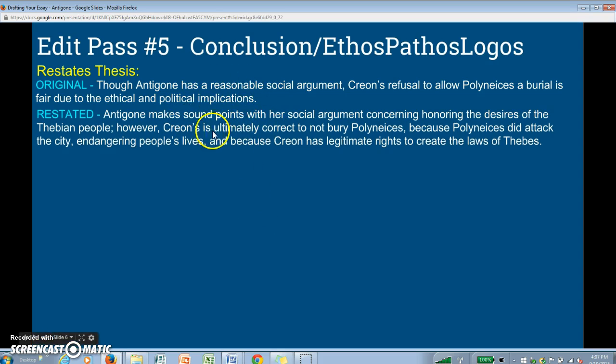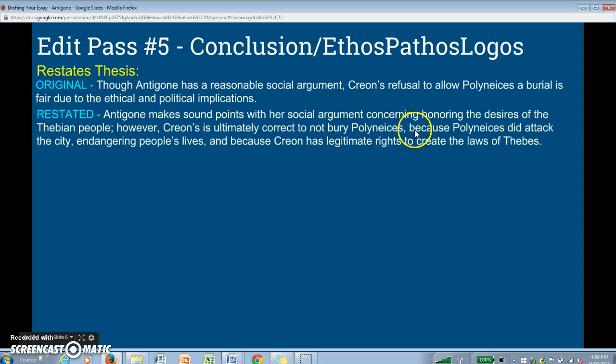You've given a lot of information between these sentences, and therefore your second sentence should reflect that information that's been provided. So here I write, Antigone makes sound points with her social argument concerning honoring the desires of the Theban people. This is a more detailed way of saying Antigone has a reasonable social argument, where I state what her social argument is. Then in my restated thesis I write, however, Creon is ultimately